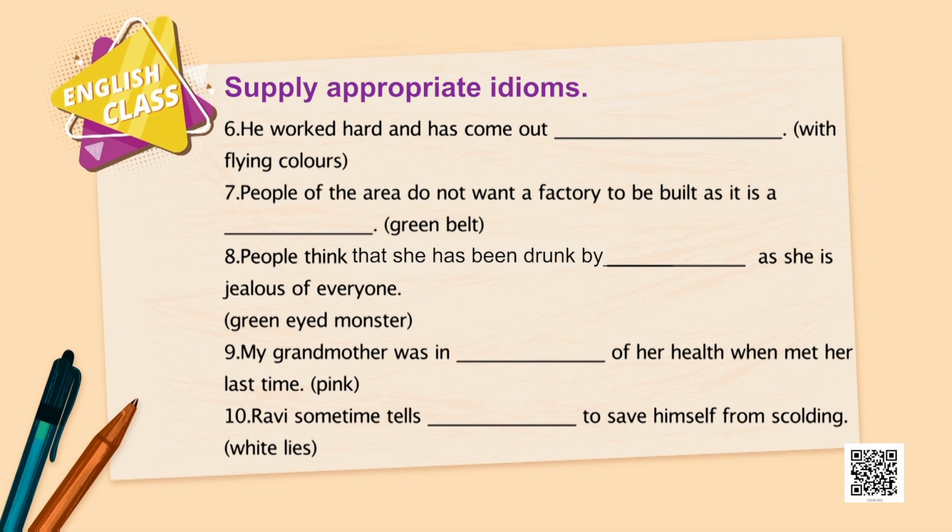Ravi sometimes tells white lies to save himself from scolding. So, what is that white lie? People can easily find out. Yes. I know that many times people say in school, my grandmother was not well. Sometimes they even tell such a blunt lie, grandmother passed away. So it's a white lie just to escape from the class teacher and the headmaster. I know that there are occasions we happen to tell lies in order to save ourselves. So a white lie is such a small trivial lie, and sometimes you are caught also.